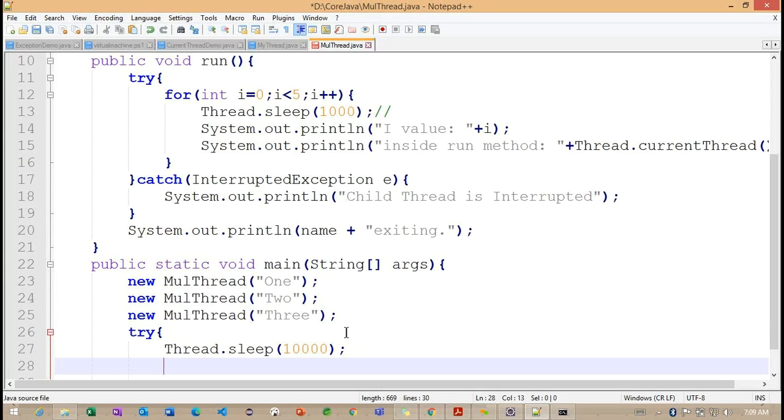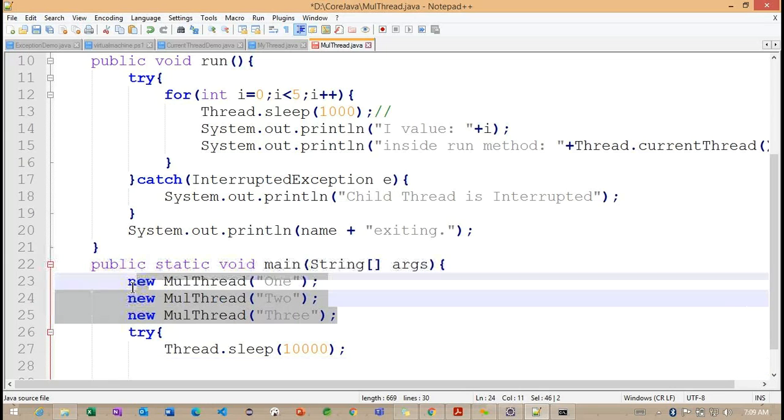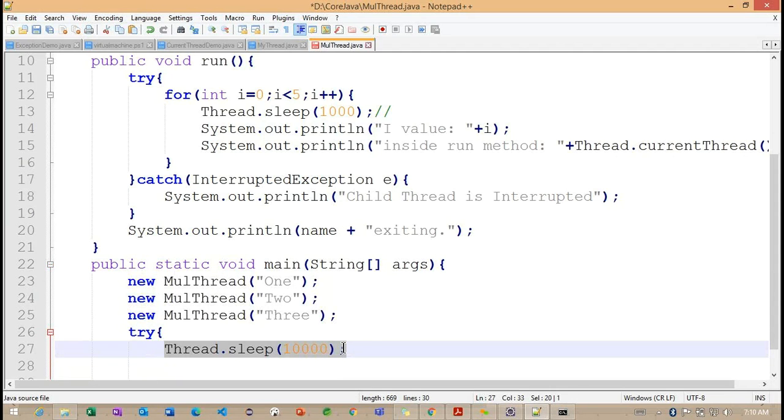Why am I giving this? To execute these three threads, because I'm putting the main thread to sleep. Now we need to see how exactly the outputs are printed when we work with multiple threads.